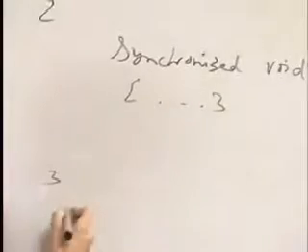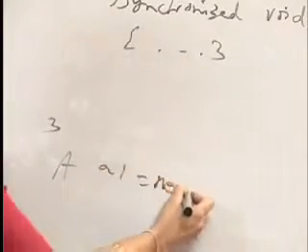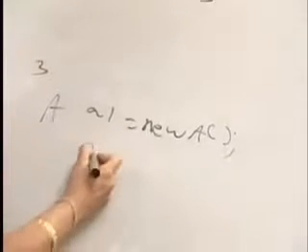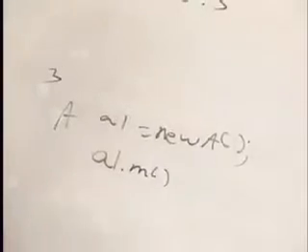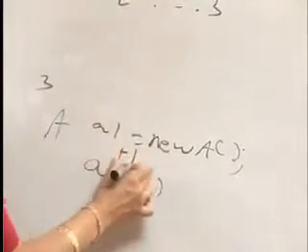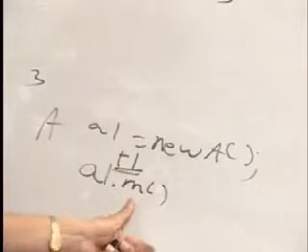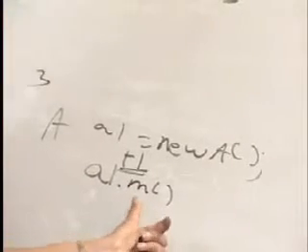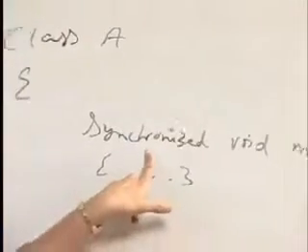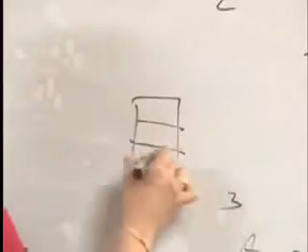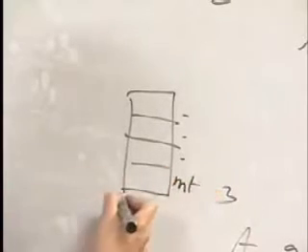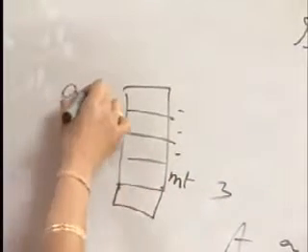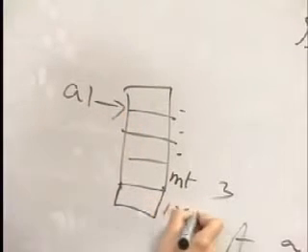In order to access this method, we create an instance of A. Using A1, we invoke the method M in some thread. Let's call it thread 1. Thread 1 calls A1.M. Since M is a synchronized method and M is called through A1, now you have object A1, right? This object has many instance members, plus it has a pointer to the method table, and also it has a placement for lock.